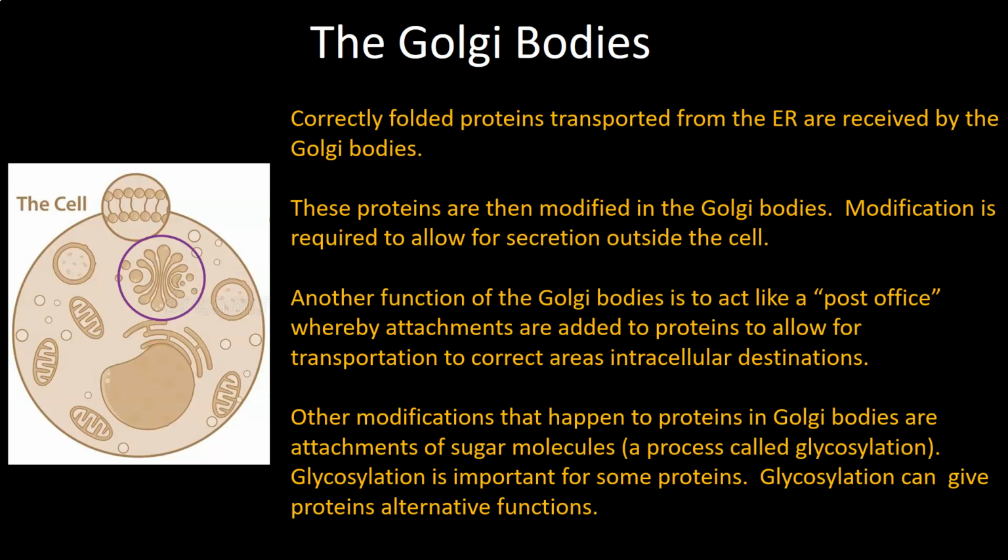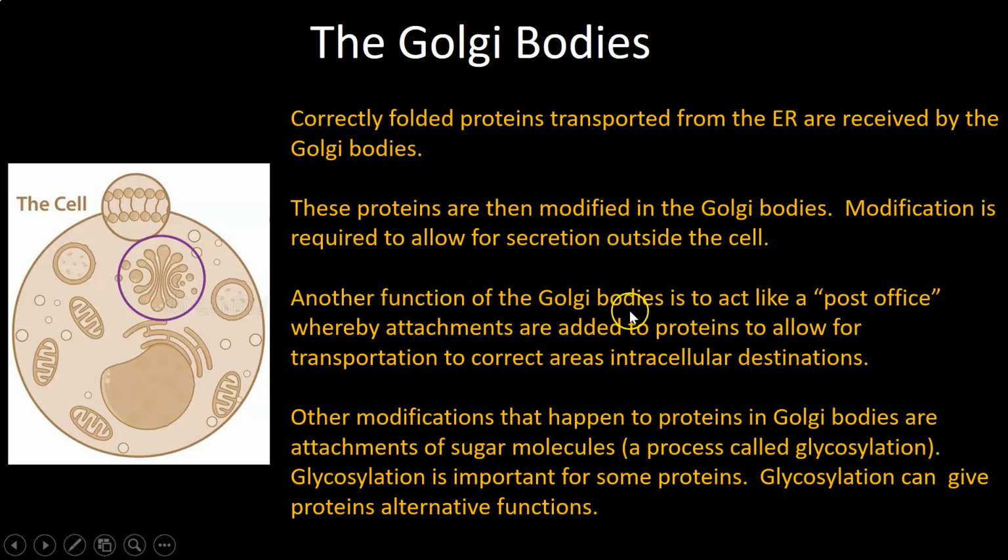We can add sugar molecules, we can add fat molecules, and we can change the function of those proteins by adding these molecules. So that's called post-translational modification, and this happens in the Golgi bodies. Okay, in terms of transportation,